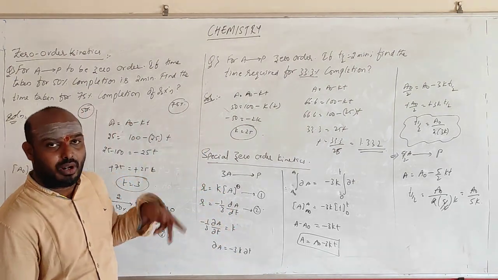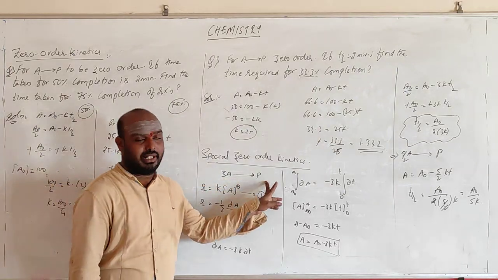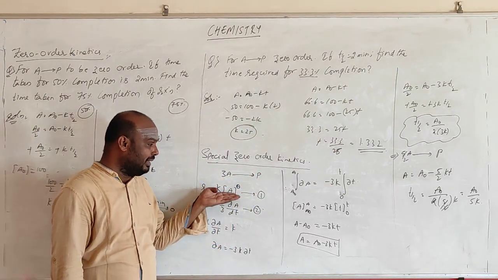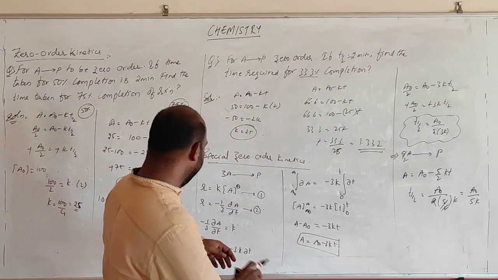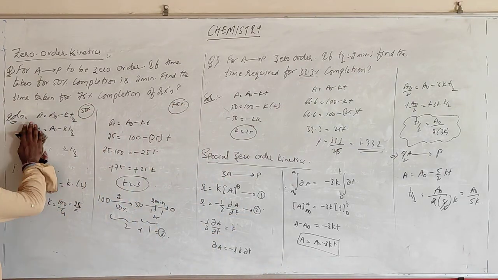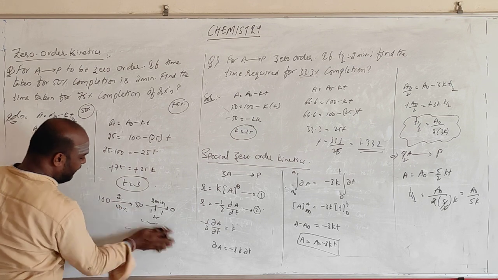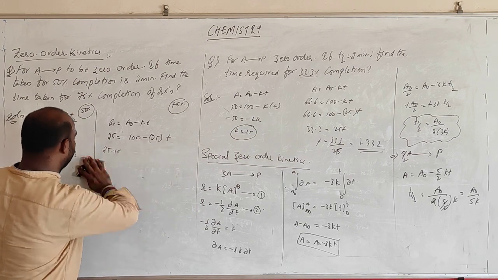By writing the zero order kinetics, you see the basic equation. Even though it is not zero order, the equation will be like this. You will be having these conditions. This is the completion of the zero order kinetics, and the examples that come under it are